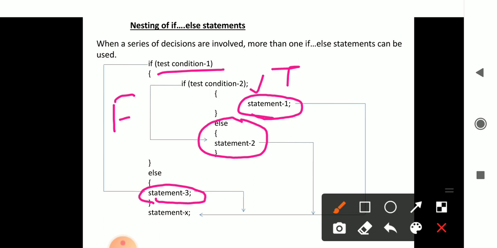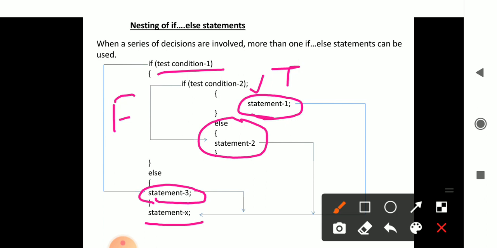In any case, if the first condition becomes false or the second condition becomes false, in either case statement X will be executed, because the statement X is given outside the if-else block, outside both if-else blocks. So statement X will be executed in any case.